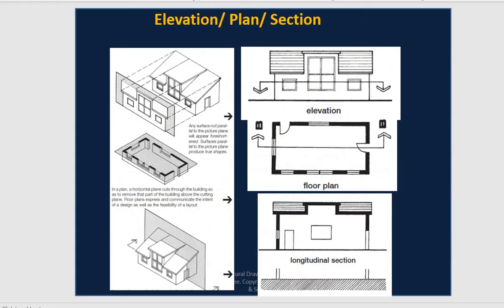This is another example, so you can see the section. If you see the house like this, you can go with the ray line or construction line to project that, and you draw the front face of the house with the sloped roof right here, and you have how steep that is. You can measure elevation right here, and you create a line to make sure that in the front face, you know, this one is the slope one. From the rear to the front face, this is the slope one. And after that, you show all the detail in front of the project, and you call that elevation, because you see the height of